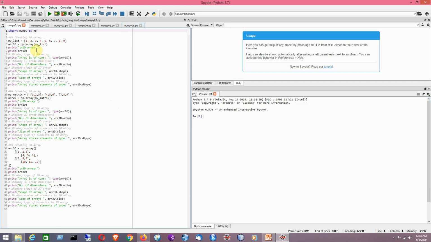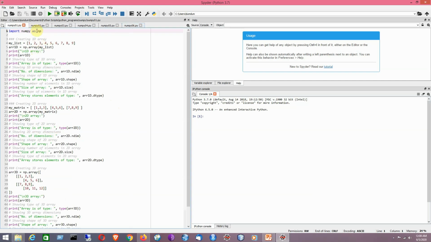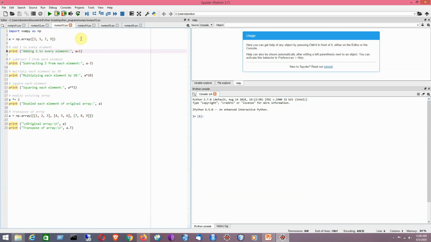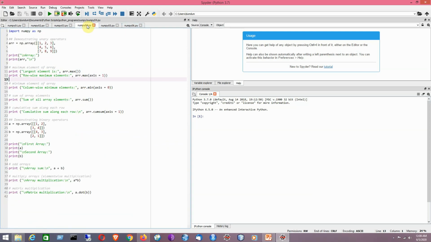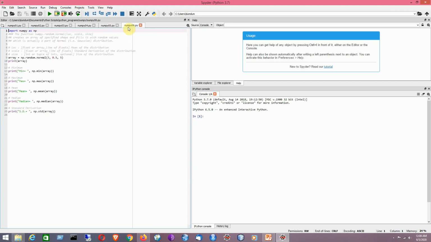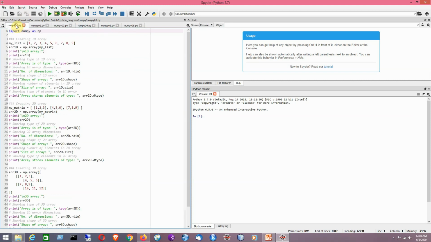So here I will be using a particular module that is called NumPy, which basically denotes Numeric Python. Now in order to use the different kinds of operations in Numeric Python, you need to import the module NumPy in your Python program.